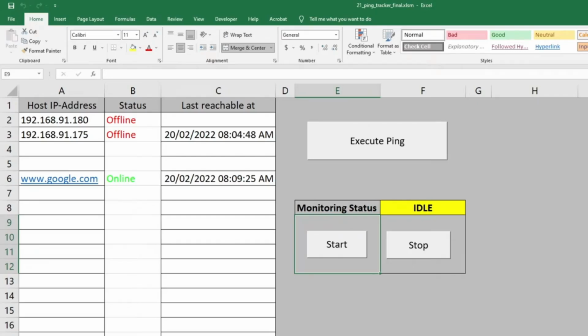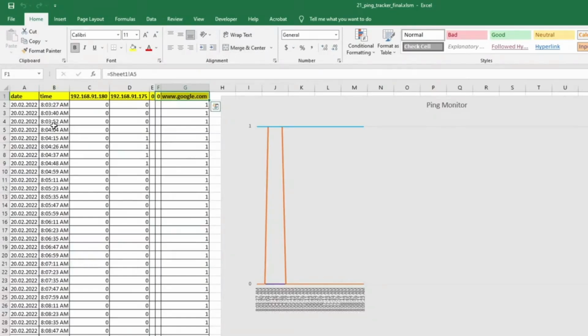We have seen in Excel how to execute, monitor the hosts, and schedule the ping function. Other videos show how to build the ping monitor. You'll find the link below in the description. In this video, we will be monitoring the host and display the result in